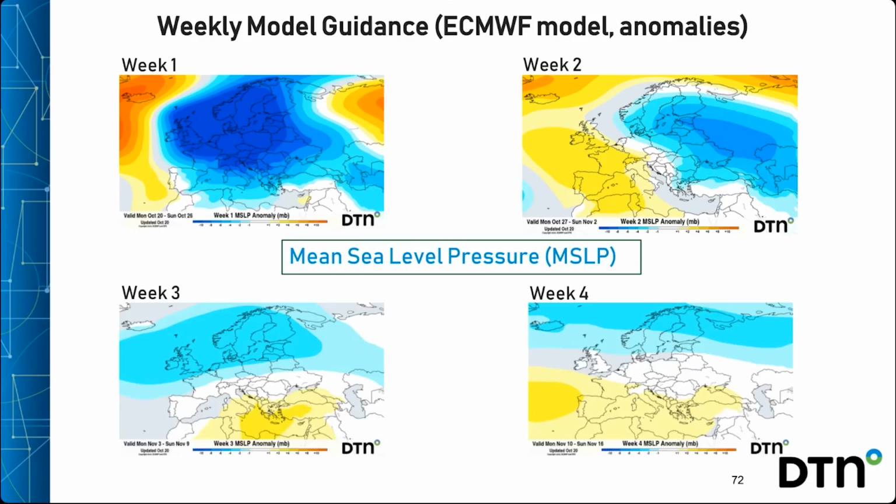Then in week 2, troughing should shift eastwards, and that's next week as high pressure moves into Western Europe. And note also the high pressure near Iceland, but that dissipates in weeks 3 and 4 with a positive NAO pattern emerging, low pressure tracking across Northern Europe with higher pressure to the south.